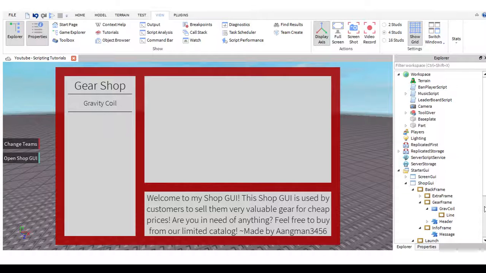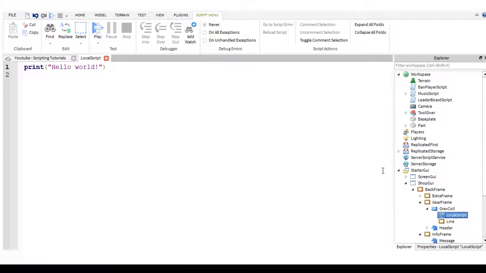In your button here, you're going to insert a local script, okay? I'm going to name my local script Grav. Do I want to name it Grav script or Gravity script? I'm going to name it Gravity script because that sounds a lot cooler. Alright, so let's go ahead and get into this. You're going to have two variables here. One is the player, so